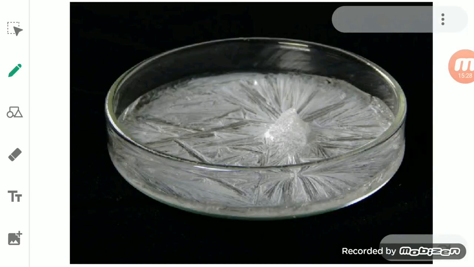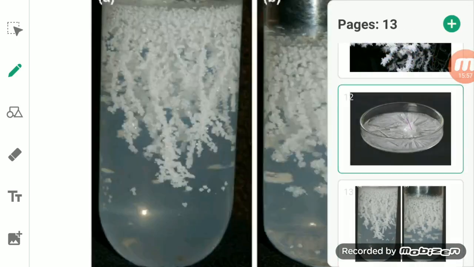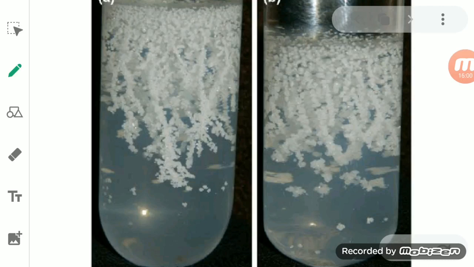So you can see here, students, when you heat it and concentrate that solution, you will get a solid in which crystals appear. You can see the formation of crystals occurring in this petri dish, this watch glass in which we had kept the concentrated solution. You can see here also the formation of crystals, and this is the solution in which the impurities remain present, and these are the crystals of the pure solid.